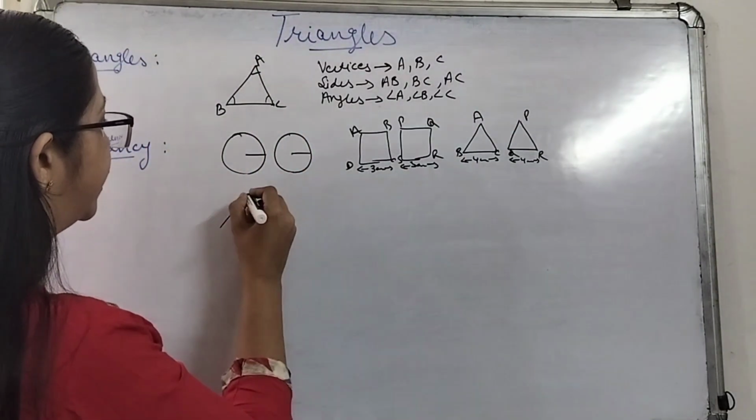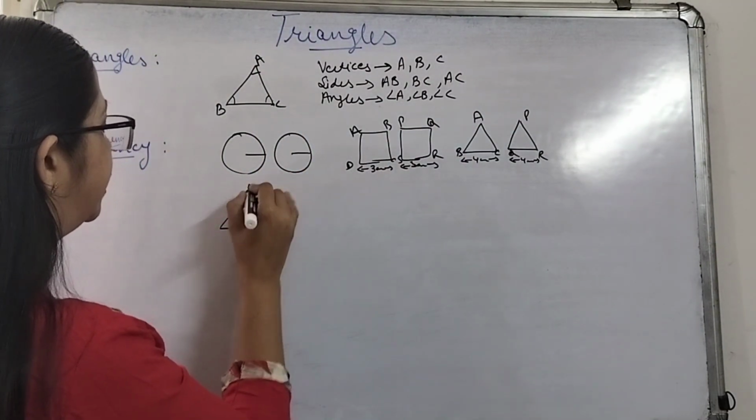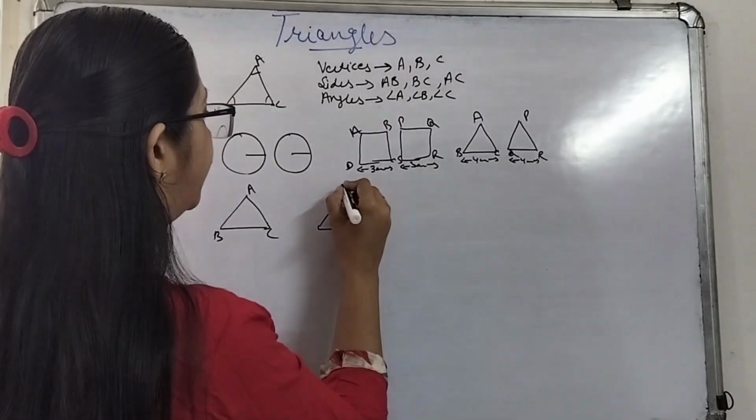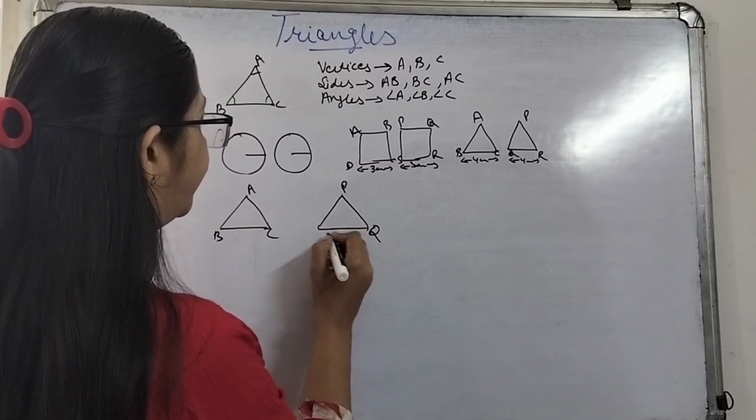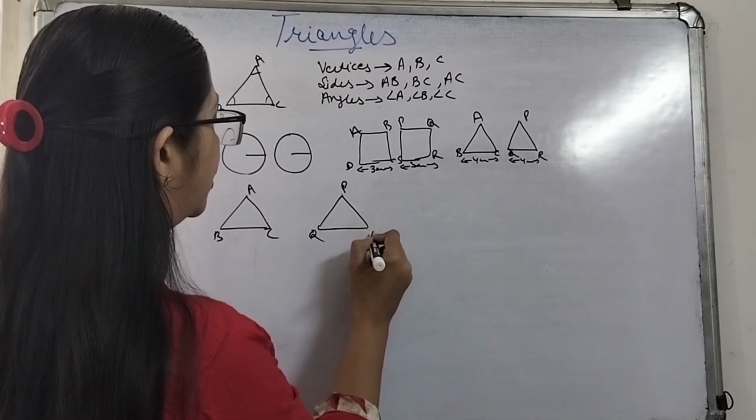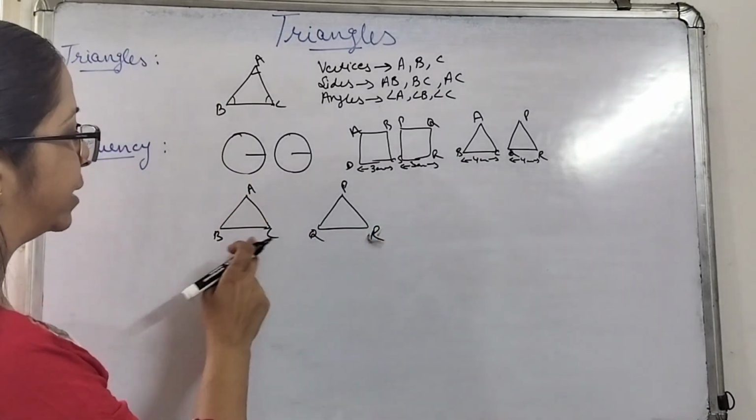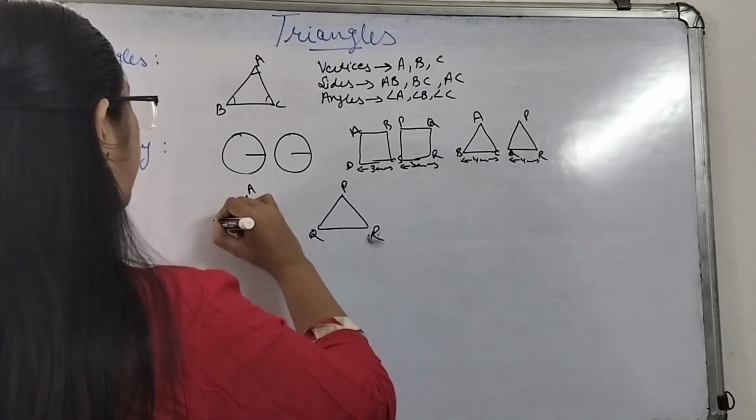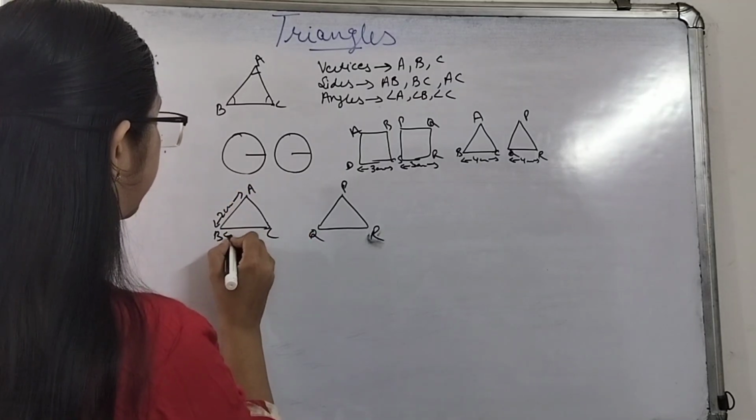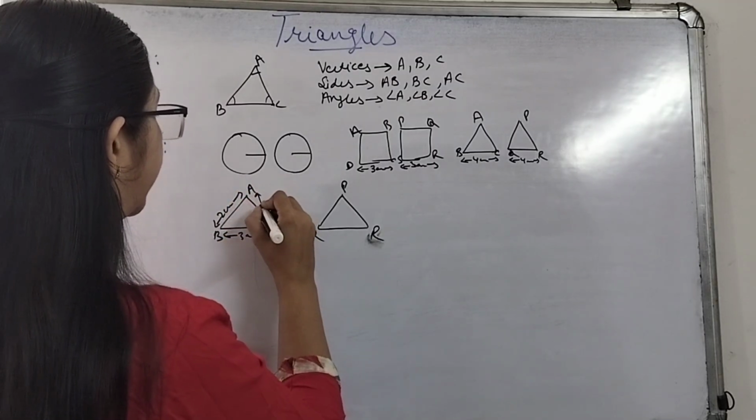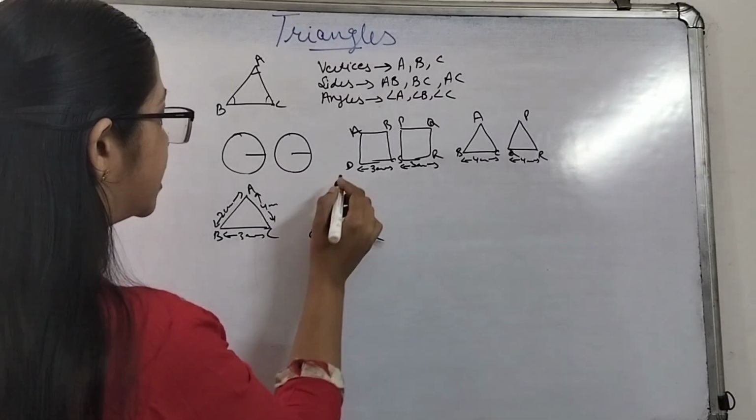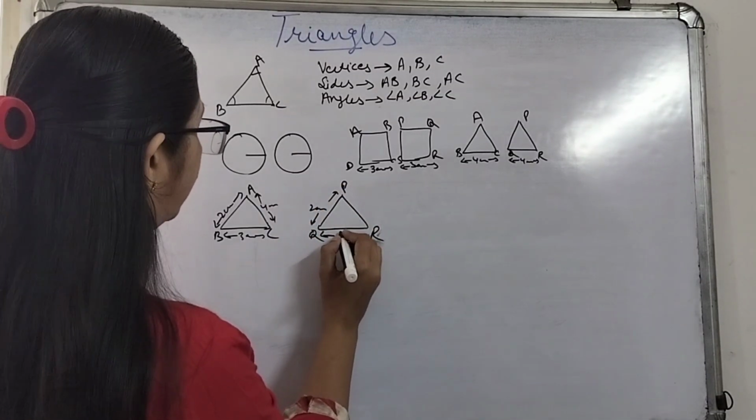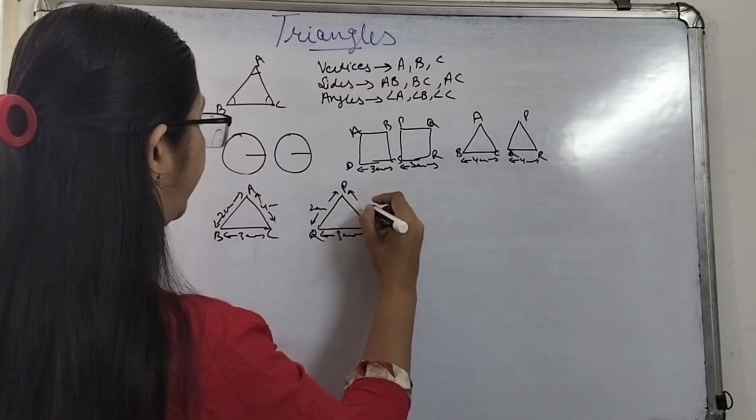Suppose this is a triangle, say ABC, and this is another triangle, say PQR. Over here I'll be taking Q, over here I'll be taking R. So one triangle is your ABC, another triangle is your PQR. If AB is equal to 2 centimeters, BC is equal to 3 centimeters, and AC is equal to 4 centimeters. Similarly, over here PQ is equal to 2 centimeters, QR is equal to 3 centimeters, and PR is equal